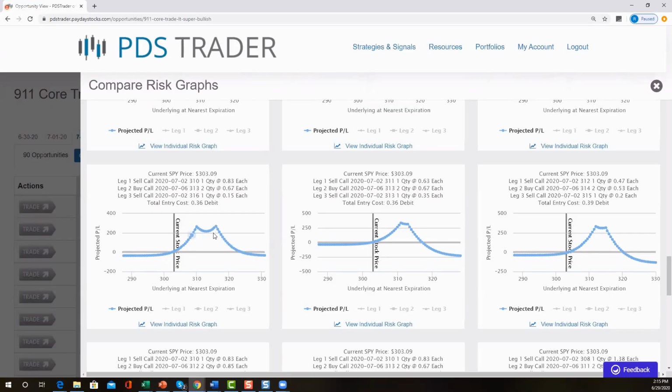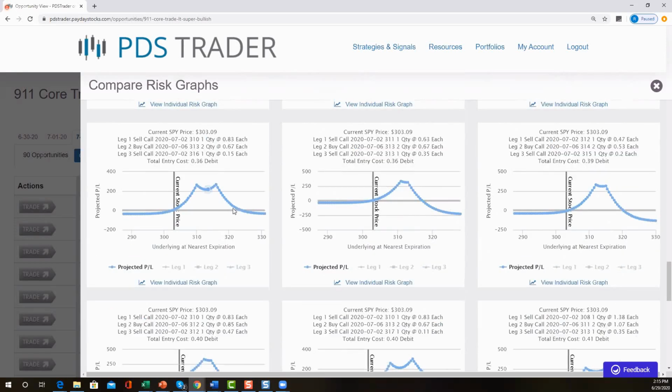Okay, so that is similar to this one. But again, at 316, it's only selling for 15 cents. I can actually put on this trade, which is 310, 313 for about a 50-cent debit, and that's going to skyrocket my profit potential sooner as opposed to later. So I have big profits at 310 because that's where the short strike is. Okay.